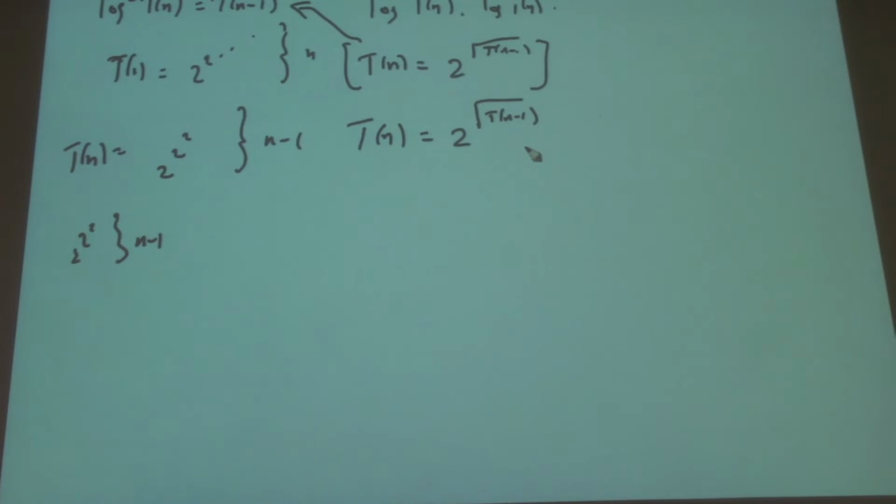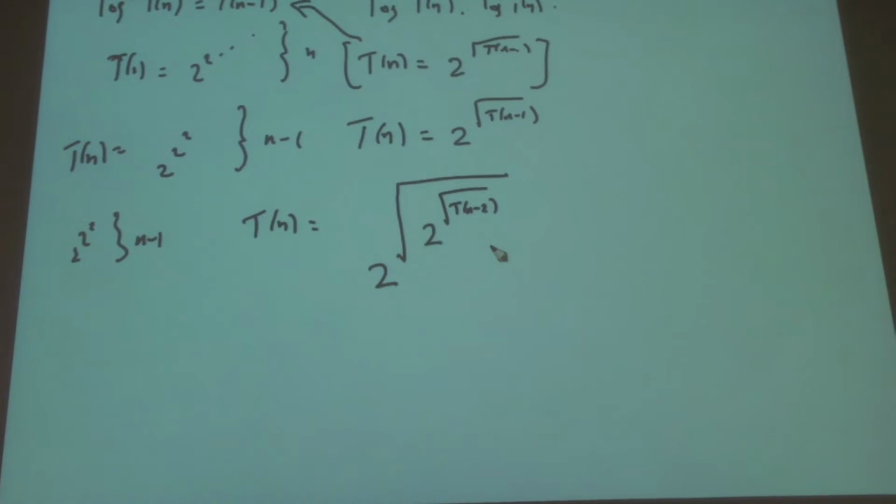Right? And this could be expanded out. So let's try expanding this one out. What does this look like? So then this becomes t of n is equal to 2 to the square root of 2 to the square root of t of n minus 2, right? And this will keep happening, won't it? So this will become